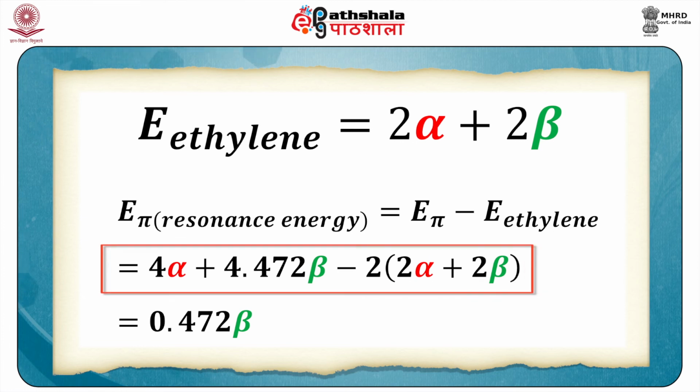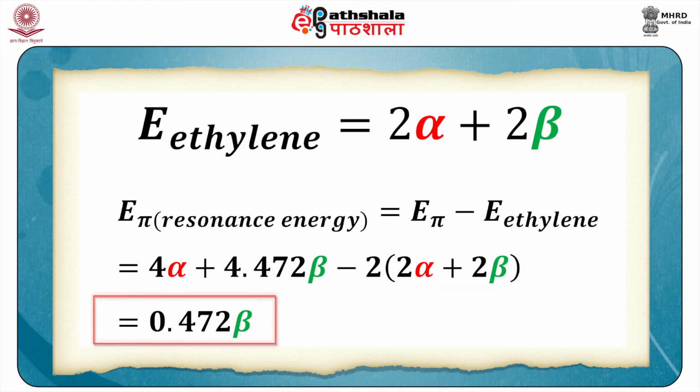This is the total pi electron energy of butadiene. And now minus 2 ethylene molecules, because there are 4 pi electrons, so it becomes 2 times 2 alpha plus 2 beta. Therefore, this becomes equal to